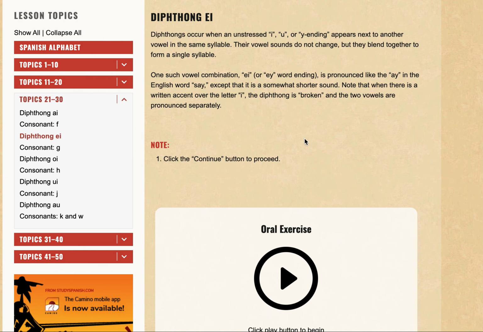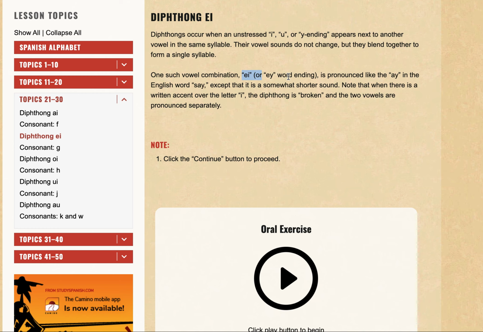So diphthongs occur when an unstressed I, U, or Y ending appears next to another vowel in the same syllable. The sounds do not change, but they blend together to form a single syllable. So one such combination is EI, which you're going to look at, or EY word ending, pronounced like the AI in the English word say, except that it's a somewhat shorter sound. So, when there is a written accent over the letter I, the diphthong is broken and the two vowels are pronounced